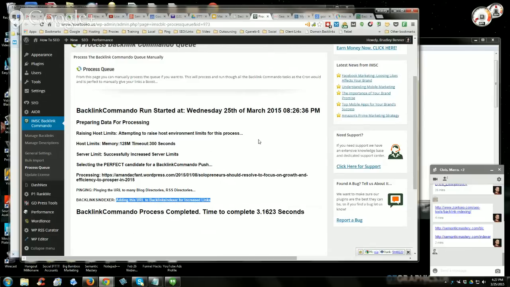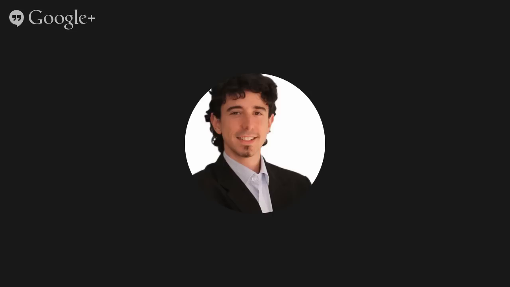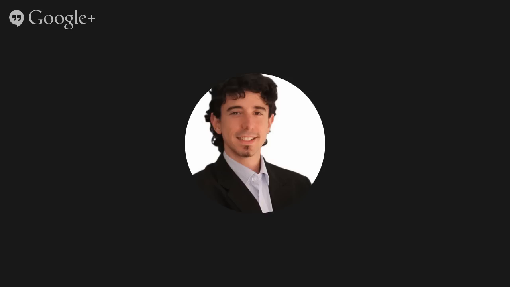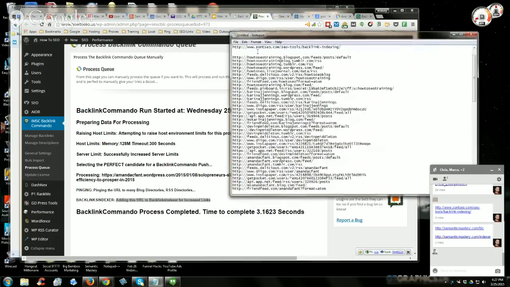Okay. I love it. I have it on a subdomain. That's the index, that subdomain. I have it on a subdomain with a basic WordPress install with nothing on it. And it's just for boosting and indexing purposes. And that's exactly right. You can put it on a subdomain, or just another domain that you had. It doesn't have to be on a money site, is what I'm saying. Right. It can be on anything as long as it's a self-hosted WordPress site.